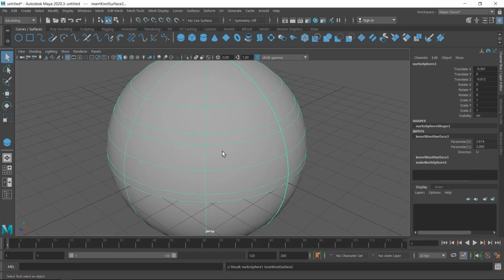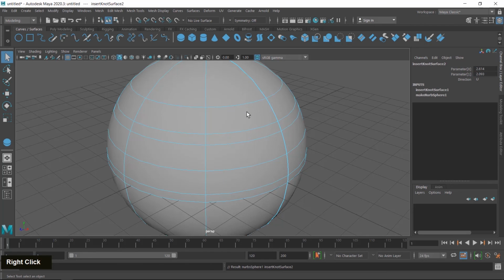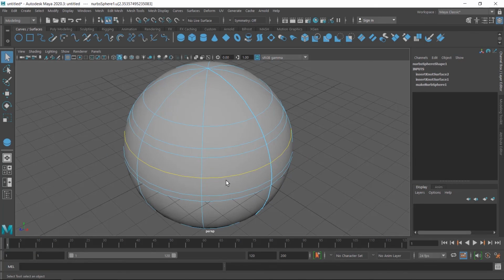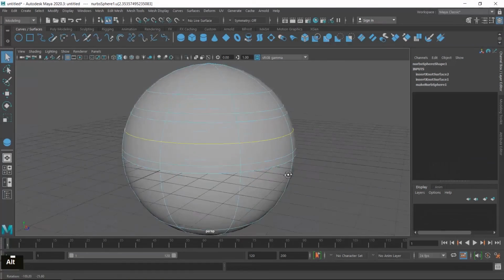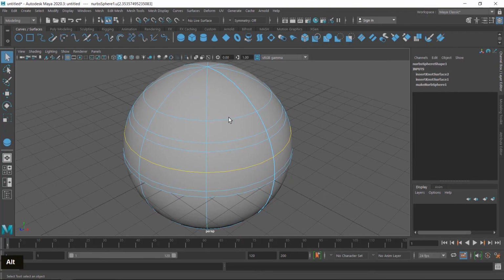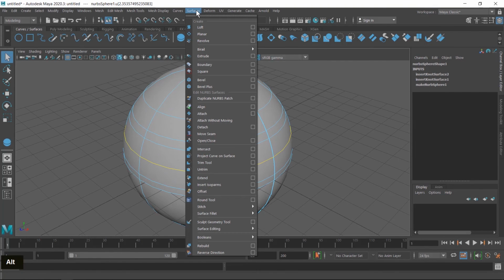And the second use of this isoparm is in case you want to break this object from this isoparm area or this section area. So first I right click and choose isoparm and then select this isoparm. So it starts glowing in yellow color, you can see. And then go to the surface menu, and there is an option, detach.